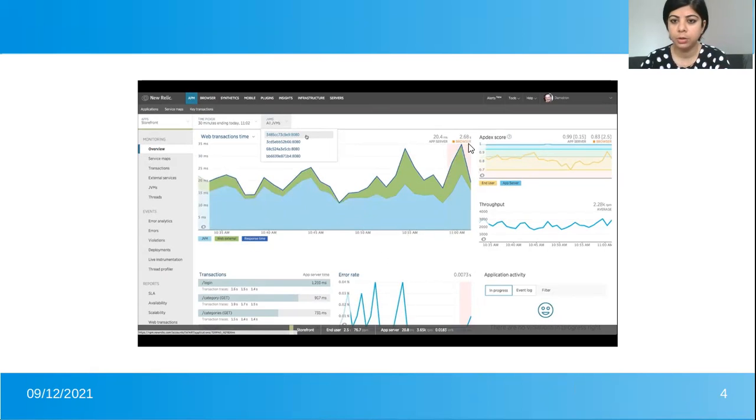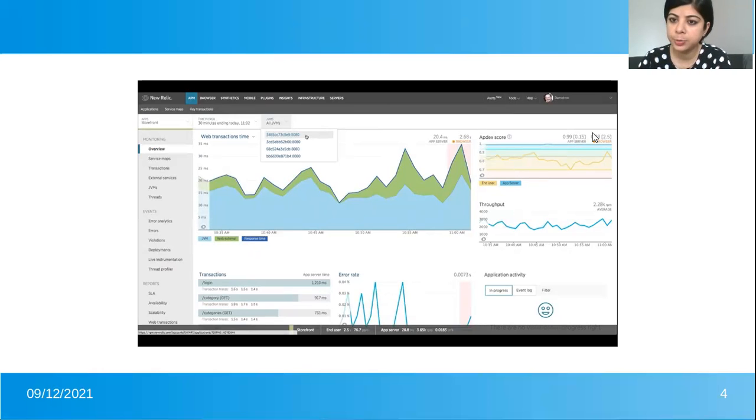So yeah, on the same screen, I'll explain a little bit about Apdex score. Apdex score is nothing but how close the application is meeting the performance threshold. Suppose the number shown in the bracket is the threshold value which the application is expected to perform.